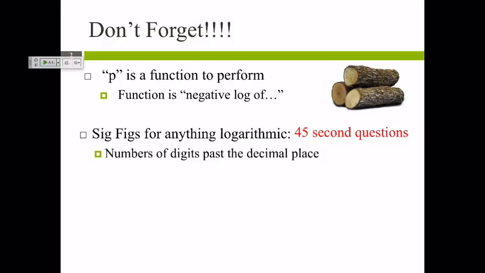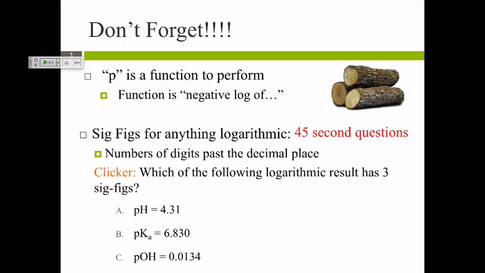The ones place tells us what order of magnitude it is: 10 to the negative third, 10 to the negative sixth. And then the numbers that are past the decimal are the ones that tell us how accurate that value is. So let's take a look at these three examples that we have here. If I know that the pH, a logarithmic representation of concentration, is 4.31,